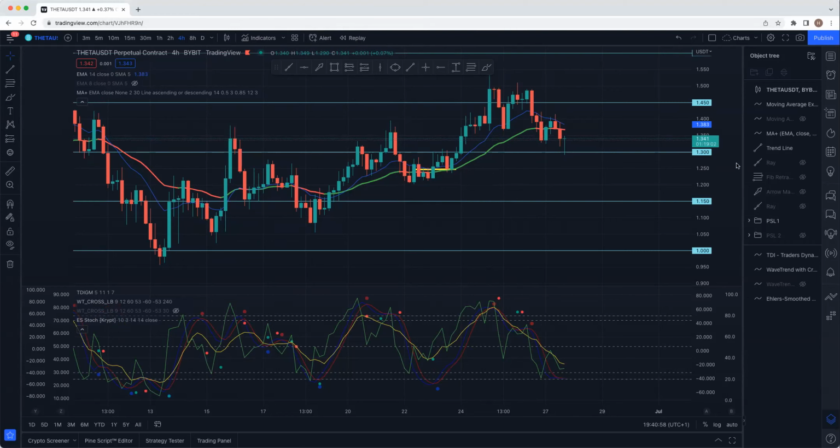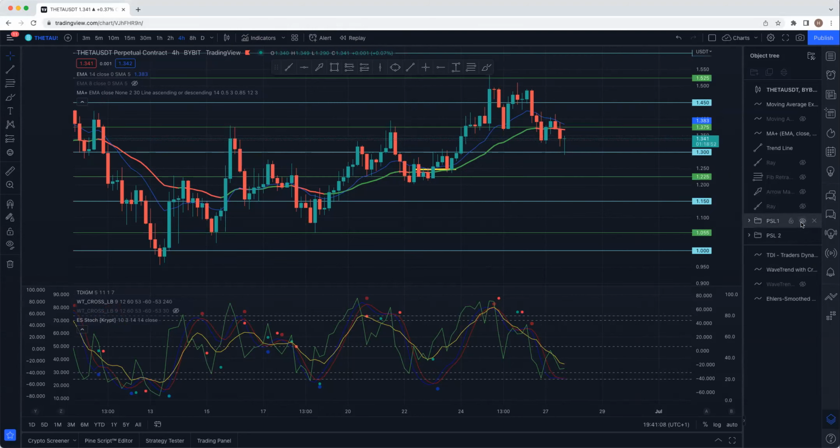So the second level, which is the sub-psychological level, is psychological level 2, which is the one I've just opened. And that is really the intermediary between the 1.1.